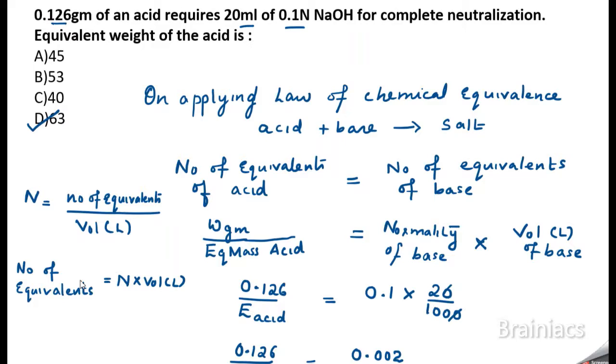Okay, I hope you understood the concept. The concept is very simple. I am applying just the law of chemical equivalence, which states that the number of equivalents of the reacting species should be equal to the number of equivalents of the products formed. So if you have A plus B giving C plus D, then by applying the law of chemical equivalence, the number of equivalents of A will be equal to the number of equivalents of B, which will be equal to the number of equivalents of C, and which will be equal to the number of equivalents of D. And for the number of equivalents, we generally use two main formulas. One is weight in gram by equivalent mass, the other is normality into volume of the solution in liters.